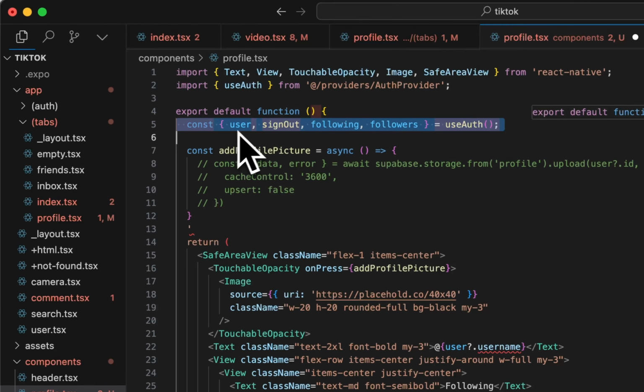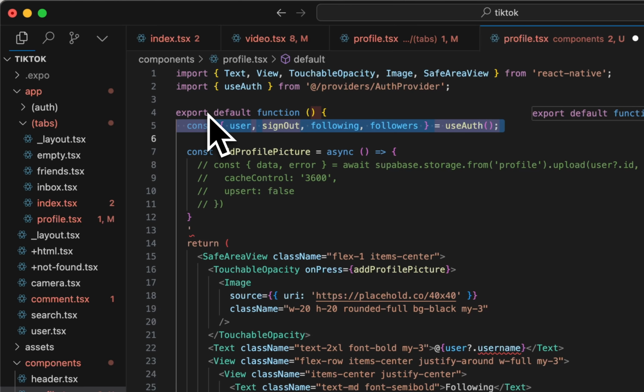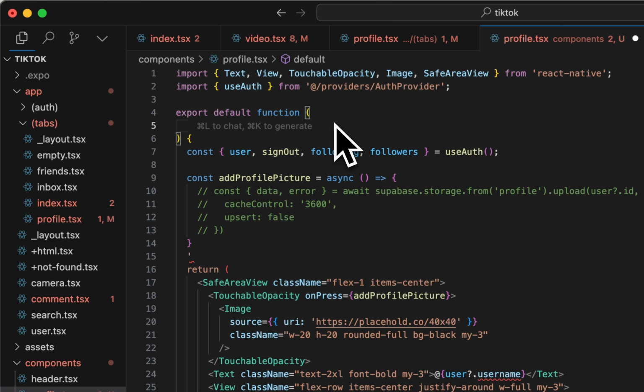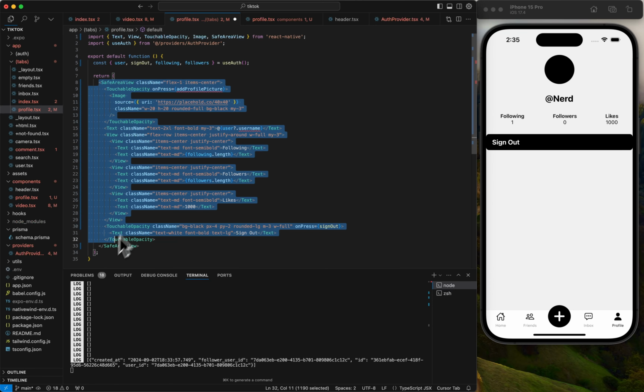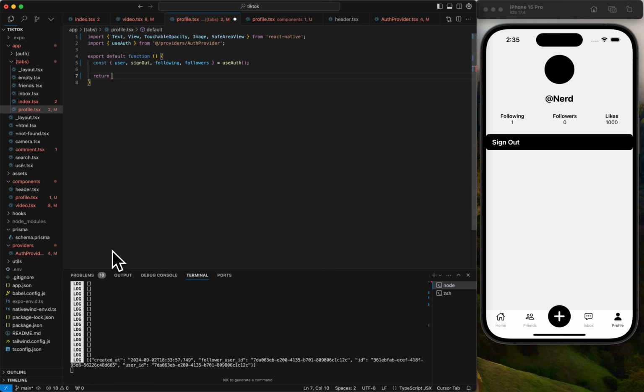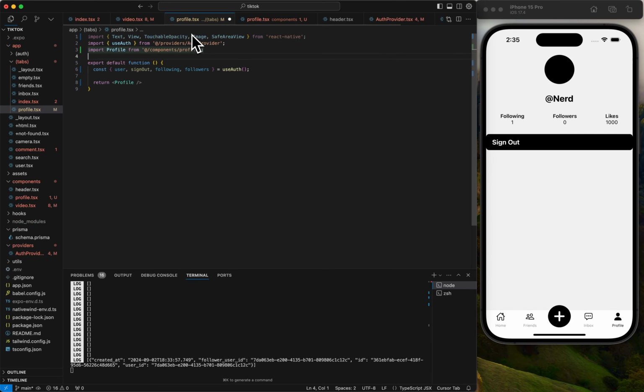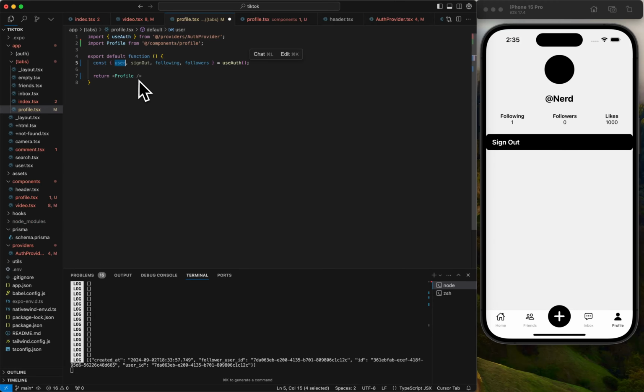So instead of getting this information here, we want to pass it in, well, we're going to pass it in probably through the routing first. So import it. And the reason we want to do this is so that you could pass it in here instead. And this means that